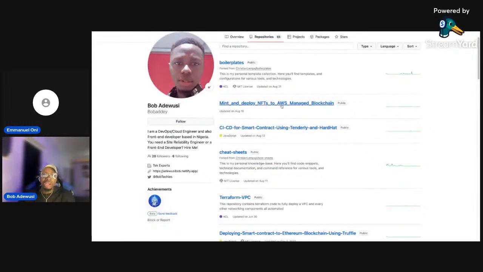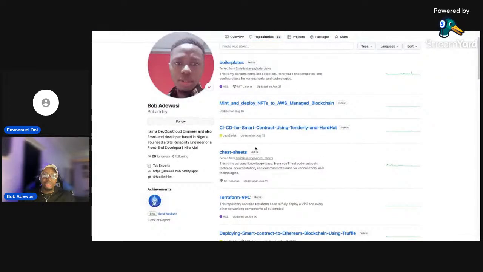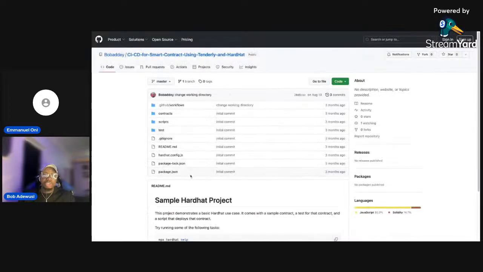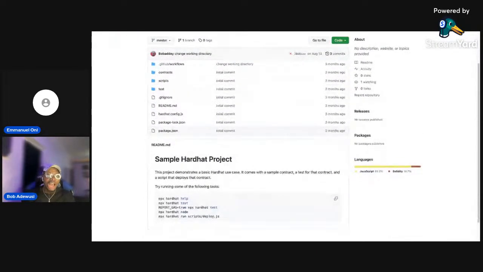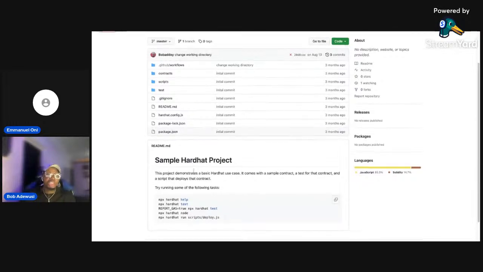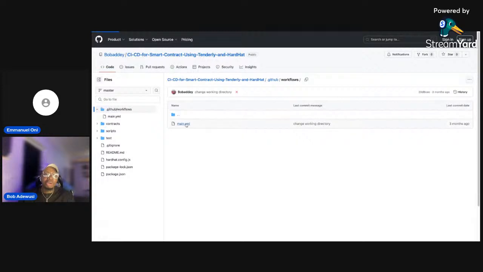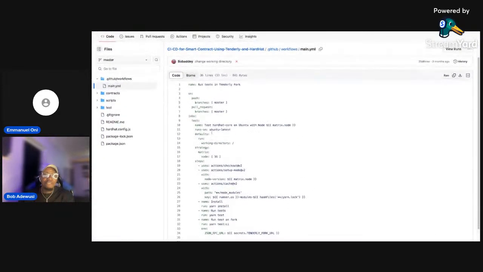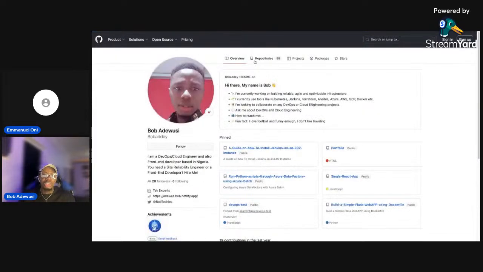And I will tell you for a fact, this project right here was one of the projects that helped me get my internship with Nethermind, because I was able to show via the project that I did that I have experience working with blockchain, GitHub workflows, and CI/CD pipelines. This is how they see that you actually have worked and been able to push this. We're not just going to believe because you tell us that you have done it. No, we want to see that you have done it. And one way to see that is by